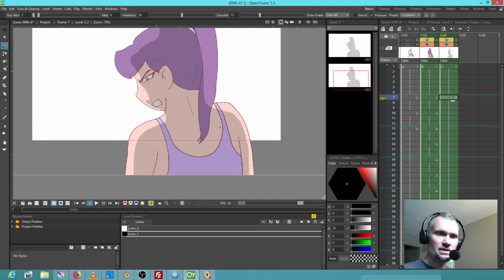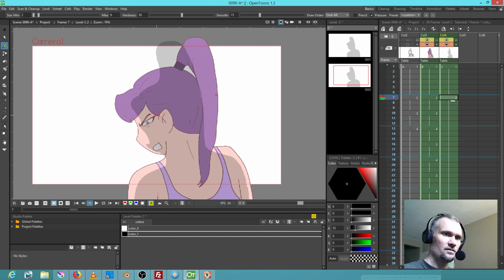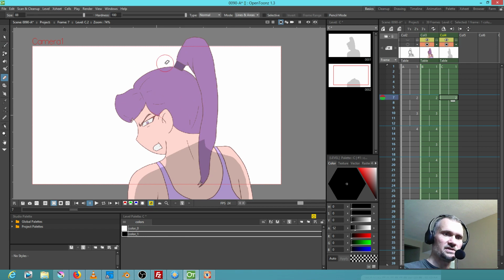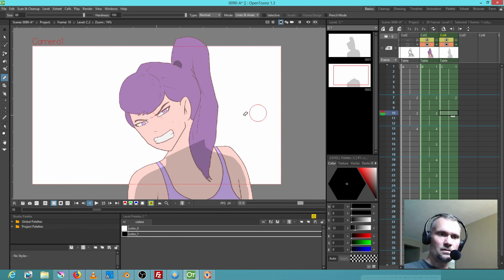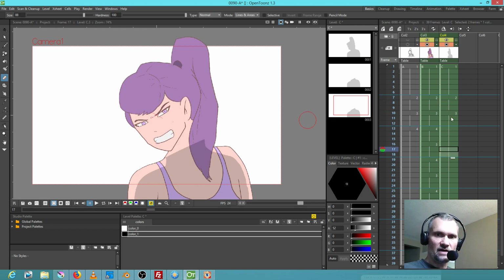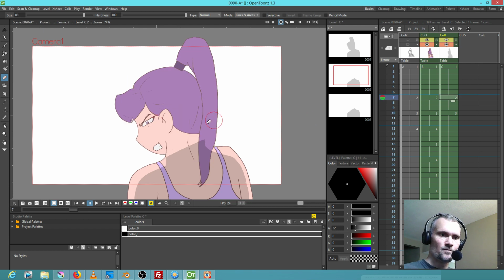Sorry, I want the D key. So we have a duplicate, and then what I'm going to do is I'm just going to make my eraser real big and just redo the top part. And then here we might as well just go like that. We won't need a second frame because obviously the shadows aren't going to change over that jumping around technique. So here we can just go